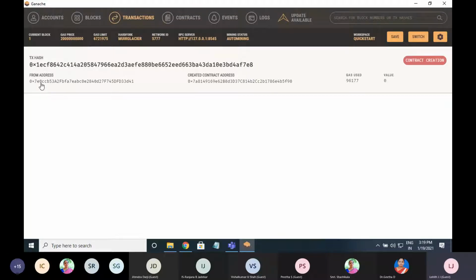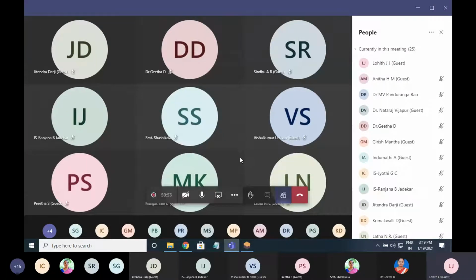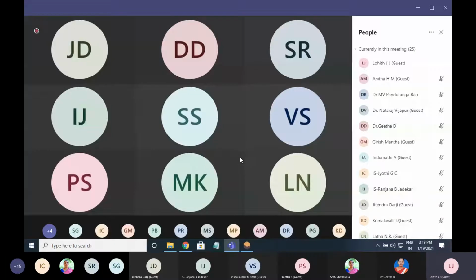What is this address? This is the externally owned account. Next, the created contract address, so contract creation is successful. This transaction is successfully stored in the blockchain. Is this clear now? Now I'll leave the session for questions and answers.